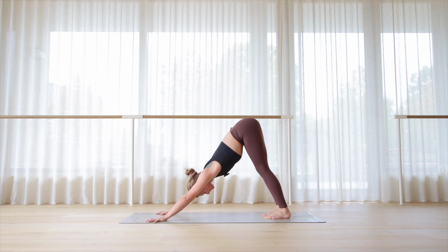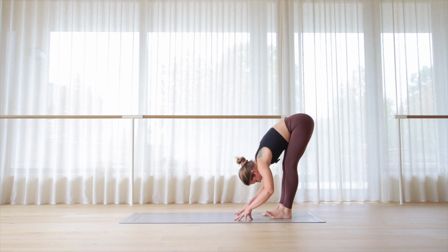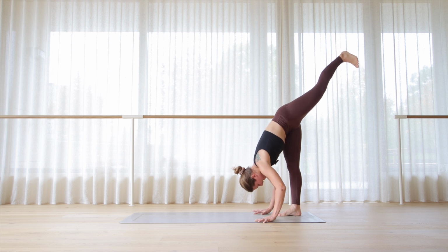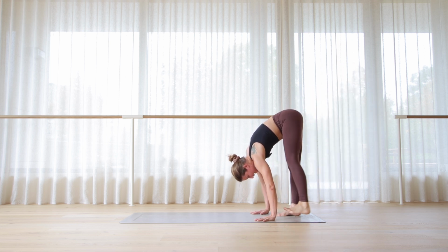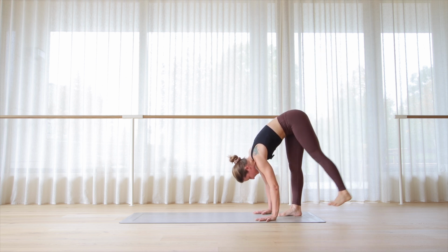And deep breath in. And out. Walk the hands all the way back to your feet. Next inhale, left leg rises, standing splits. Let's circle out that left ankle in one direction and in the other. As you breathe out, flex the left toes. Left toes try to tap left wrist. Send it back for 4,